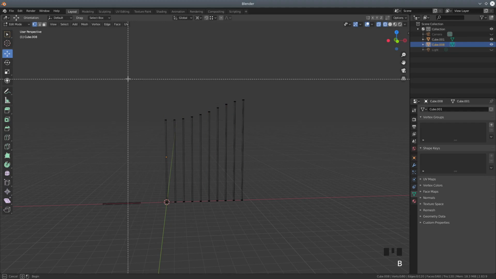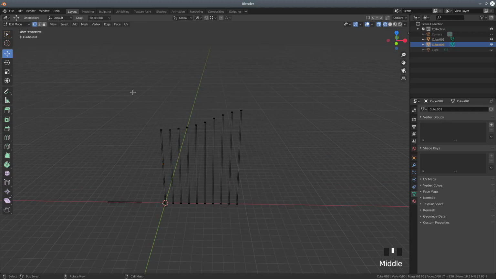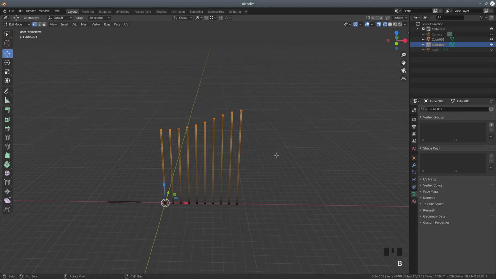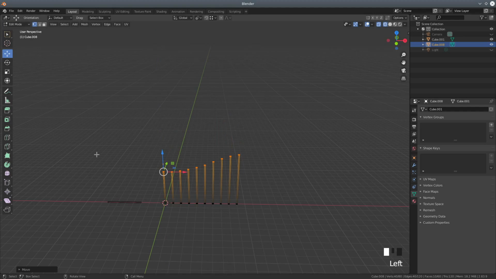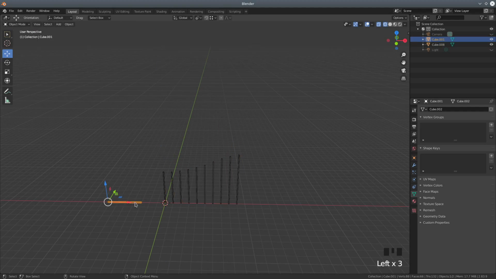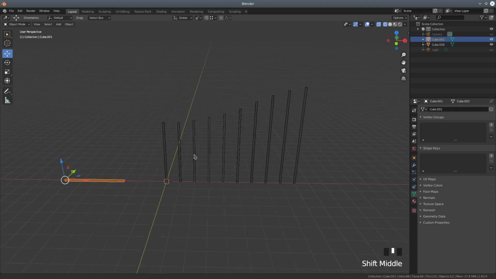Deselect everything, box select the top, try that again, box select the top, and we need to go on to the active element. We can just scoot that down a bit. We can go to this one here, zoom in a bit,